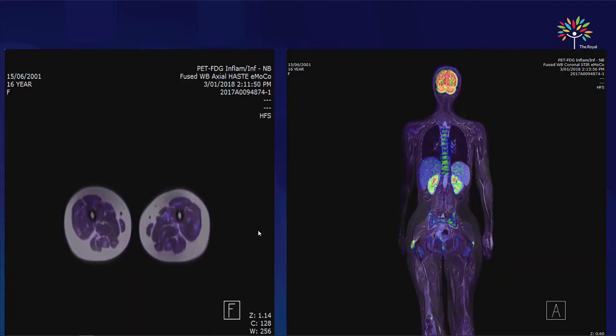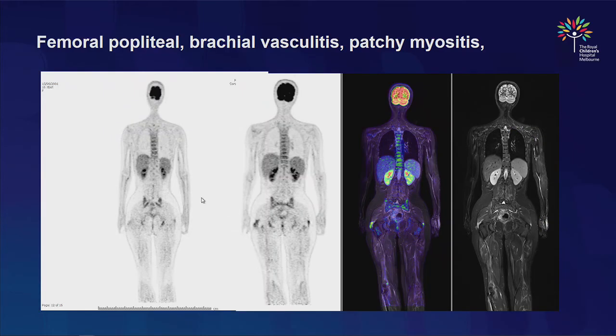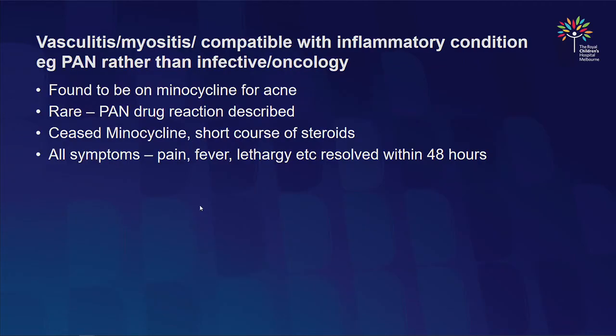Hopefully it projects well enough. You can see a little bit of patchy uptake within her muscles here. She's got abnormal MR signal on her coronal STIR sequence. She's got evidence of bursitis, and she has evidence of FDG uptake within her brachial and radial arteries, femoral arteries, popliteal arteries, so there's evidence of vasculitis and myositis, which was thought to be an inflammatory condition,